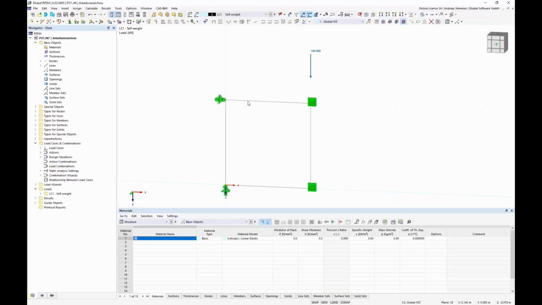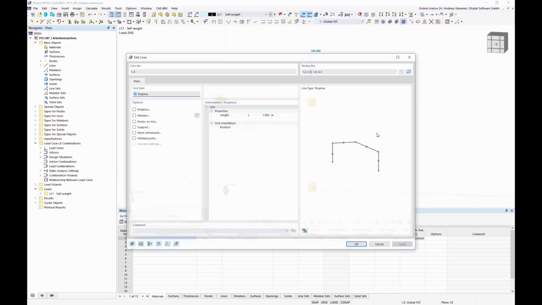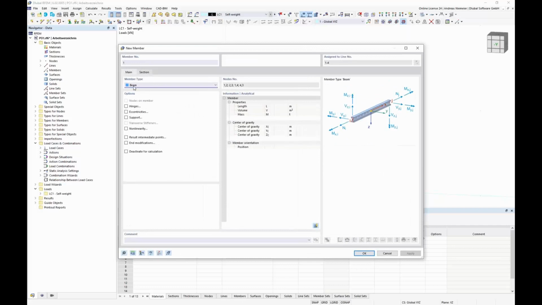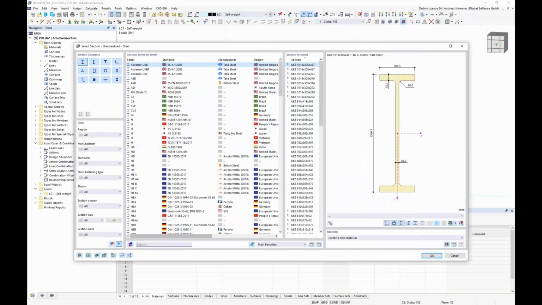I can create here now, for example, a wall or a member cell or a mixture of both or a solid. So everything is possible. But for explanation today, I use simple members. So I select all 4 lines and assign a member here. So go to options, member, take here the member type beam and assign here a cross section. For such examples I use always my favorite cross section, an AGA